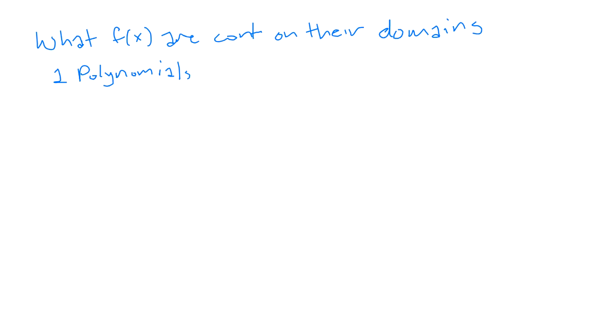Essentially, for polynomials, the domain is going to be from negative infinity to infinity. Other ones that can also be continuous are going to include